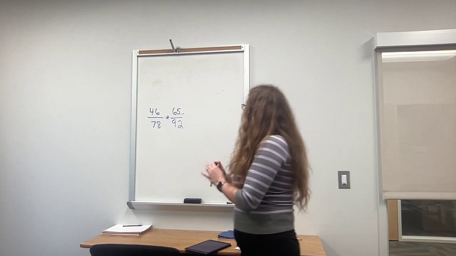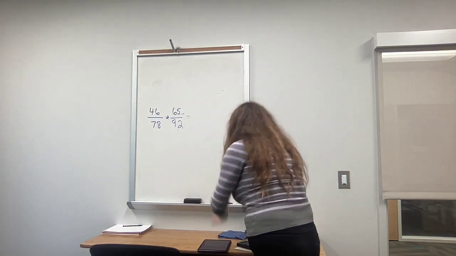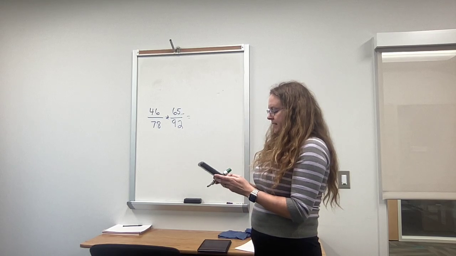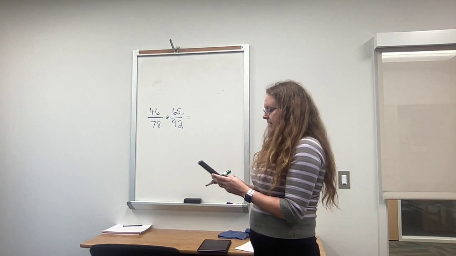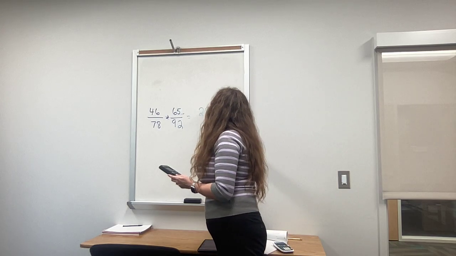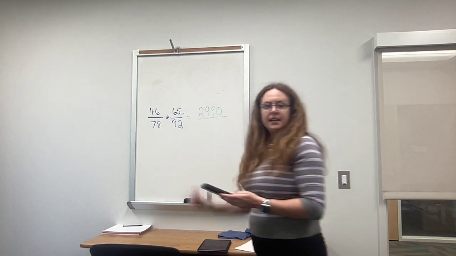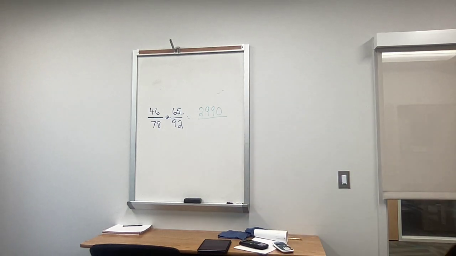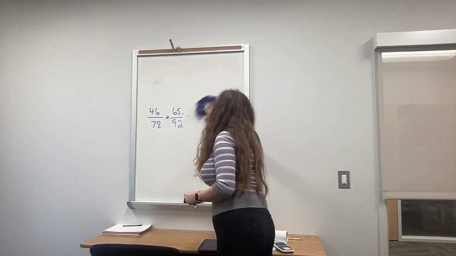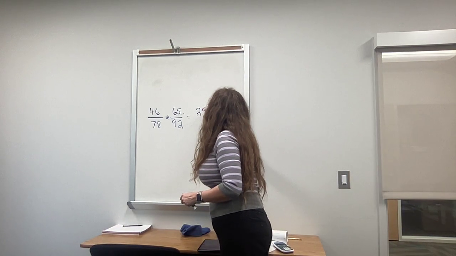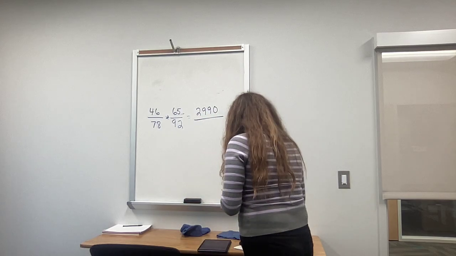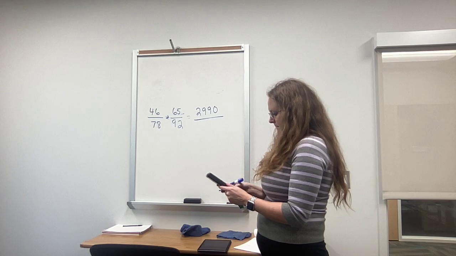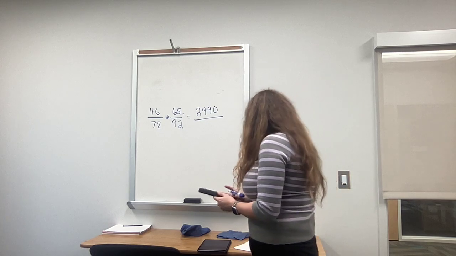So the way we multiply rational numbers, as we know, since our rules, we're going to multiply across the top. So I would multiply 46 times 65 and get 2,990 in the numerator. Let me get a darker color marker for us. I'll just use another blue one here. And then I'm going to multiply the denominators. And that's going to give me